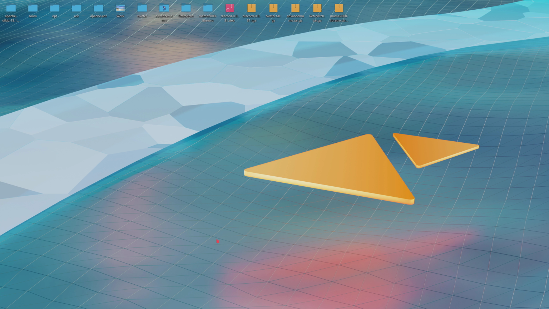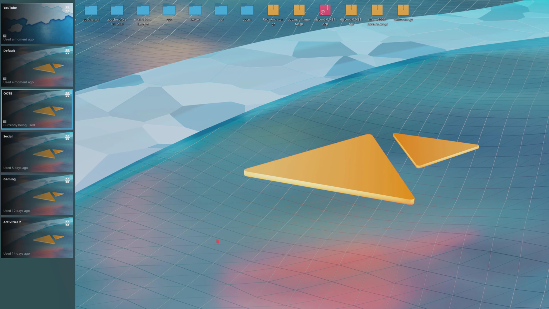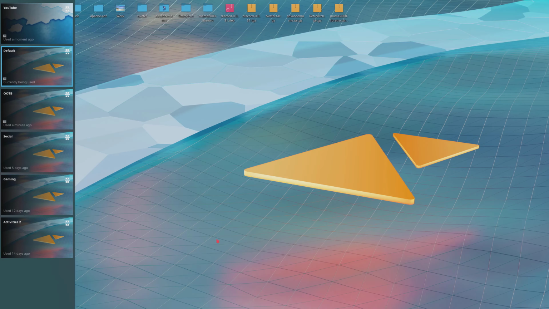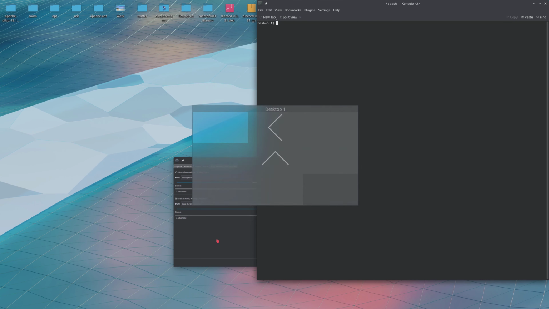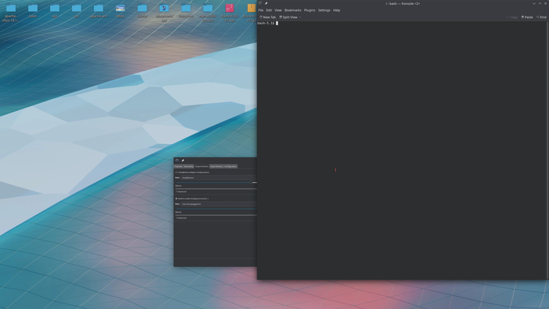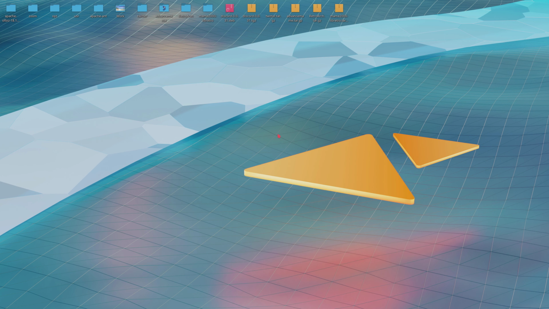And what I'll do now is go to, for example, default. Nothing much going on in my default, like you saw. I'm going to close this down. I'm going to close this. And the nice thing about KDE is I can start typing in and open up an application. From here,